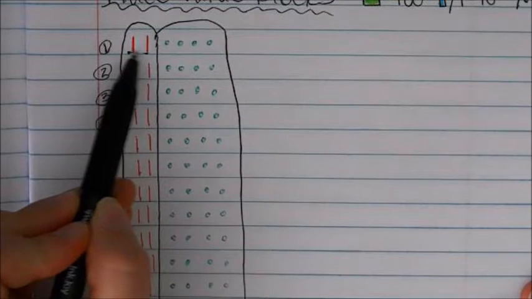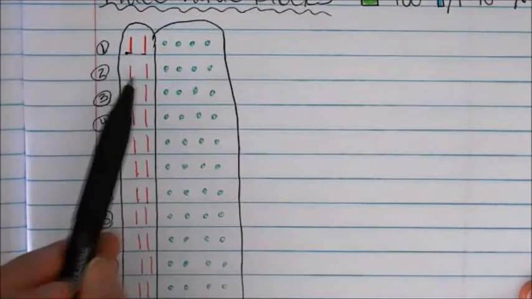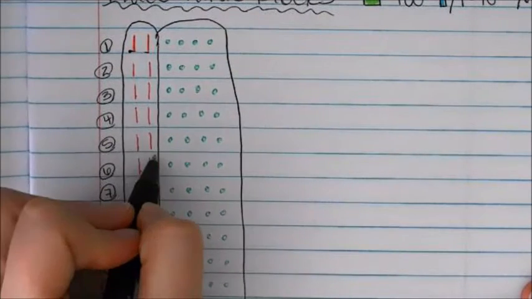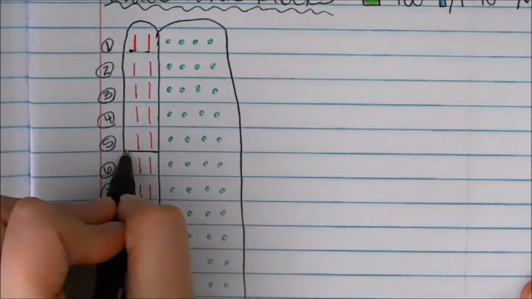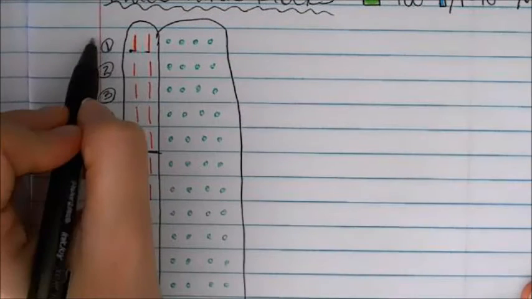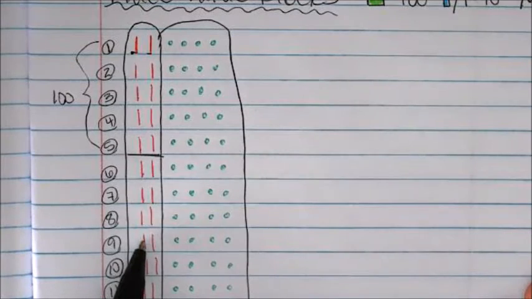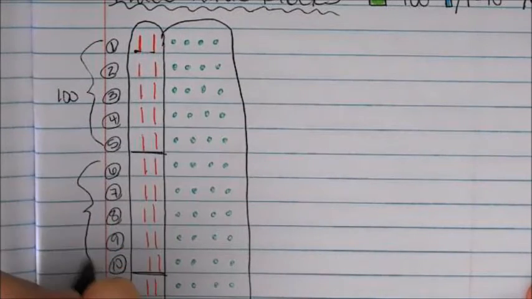So what I'm going to do is say these are each 10, that's 10, 20. So I go 20, 40, 60, 80, 90, 100. So I'm going to break this off, and I'm just going to label that, that's 100. That's how much that amount is. 20, 40, 60, 80, 100. Break that off, and now I have a total of